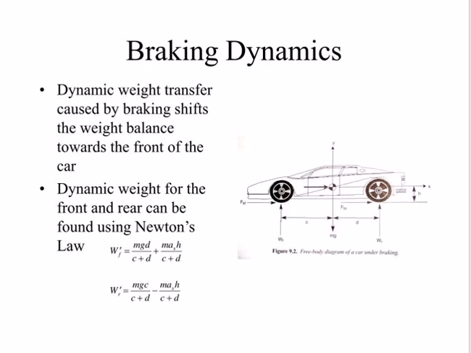So as you can see in the figure, it is a free body diagram of a car under braking. So the formula will be the weight is equal to the mass of the car, the gravity,